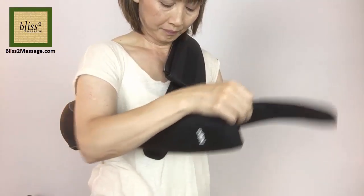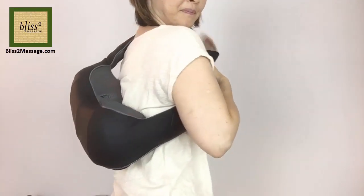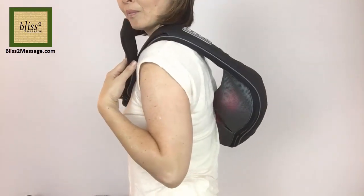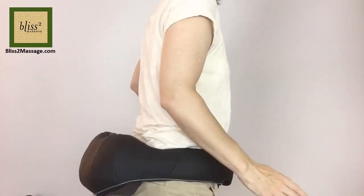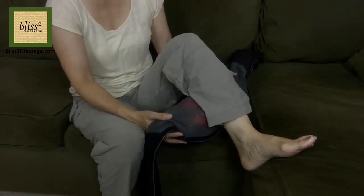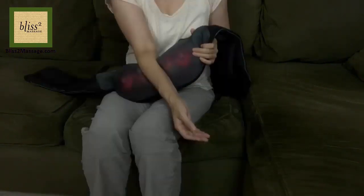Another configuration is to do it diagonally to massage the upper back and mid back. It works as long as it's not hitting the spine. Other than neck and back, you can also massage buttocks, quads, hamstrings, calves, upper arm, forearm,